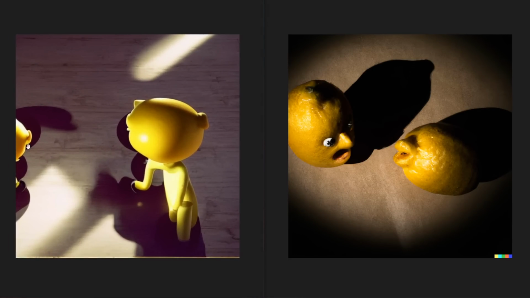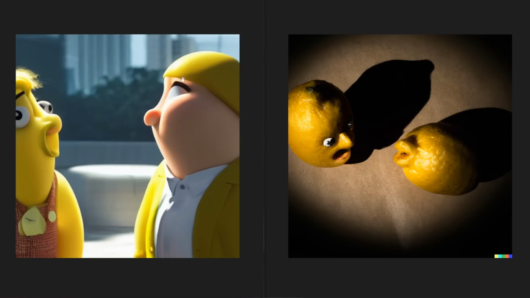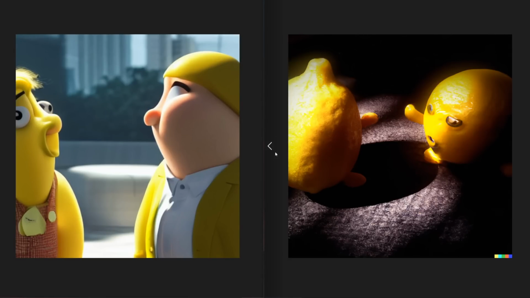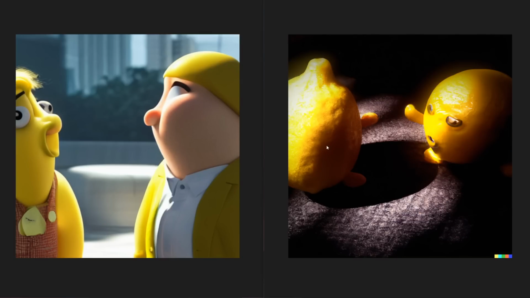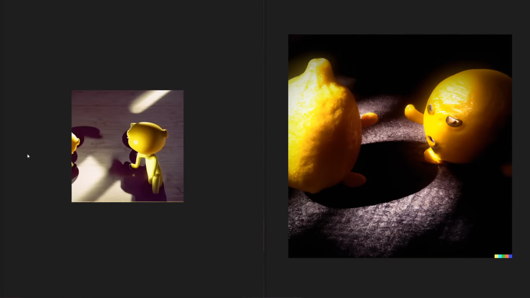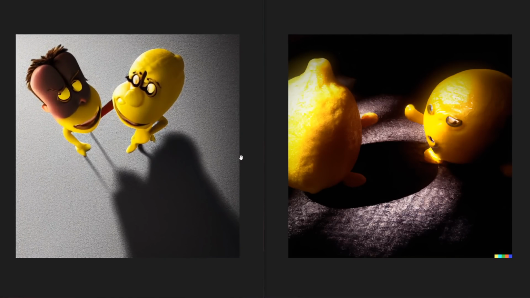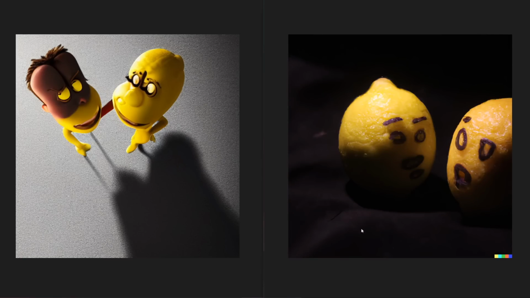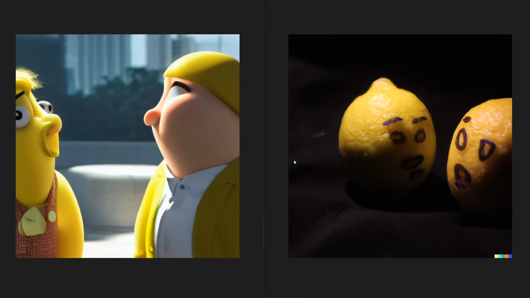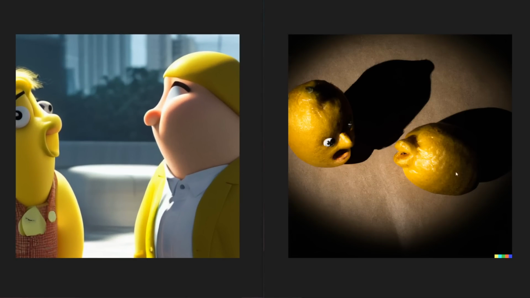And here's another one, definitely a little bit more cut off here with Stable Diffusion. More lemon characters here with Stable Diffusion, but I honestly think that Dall-E 2 also wins with this prompt. It's just a little bit more accurate, the coherency is there, although I gotta say Stable Diffusion did pick up on the character aspect of it a little bit better. Dall-E 2 just went full photography here, very true to actual photos of lemons, and Stable Diffusion picked up on the character aspect a little bit better for sure. So honestly though, I think the coherency of Dall-E 2 here definitely wins. Although, you know, you could never generate any of these Dall-E 2 images for free on your own machine.